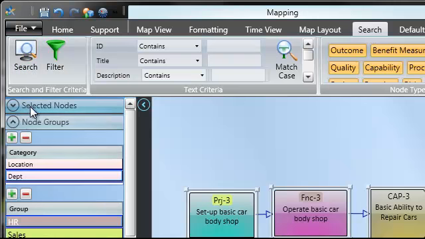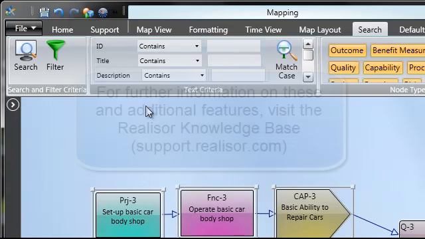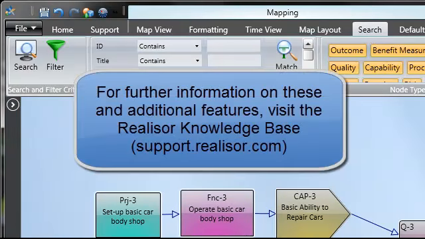For further information on what has been demonstrated in this video and additional features and visibility options, please go to the Realisor knowledge base or work through lessons in the Learning